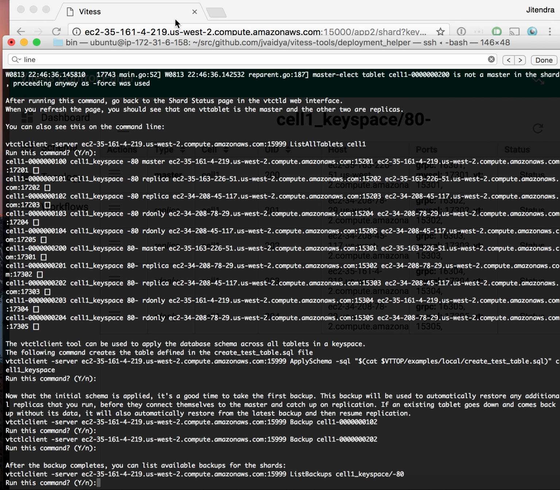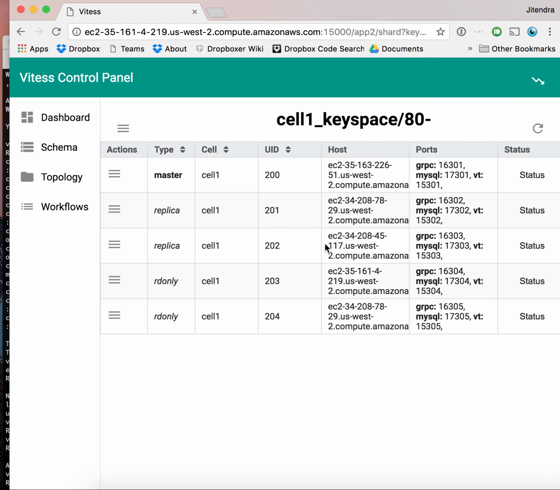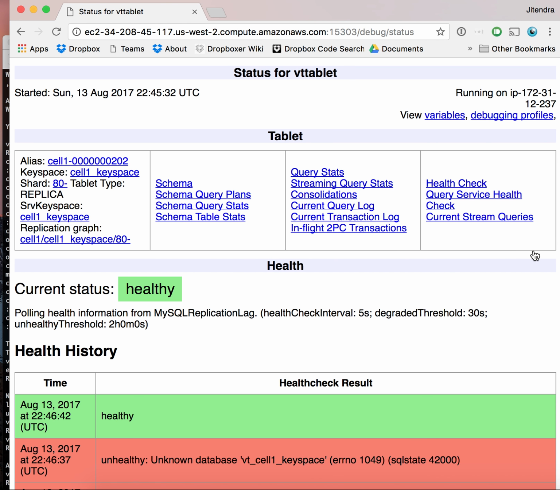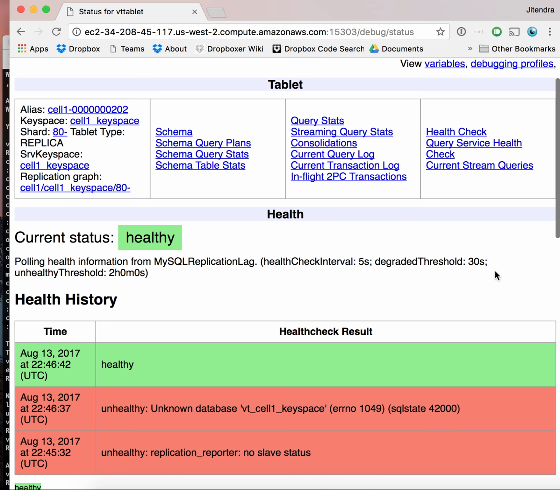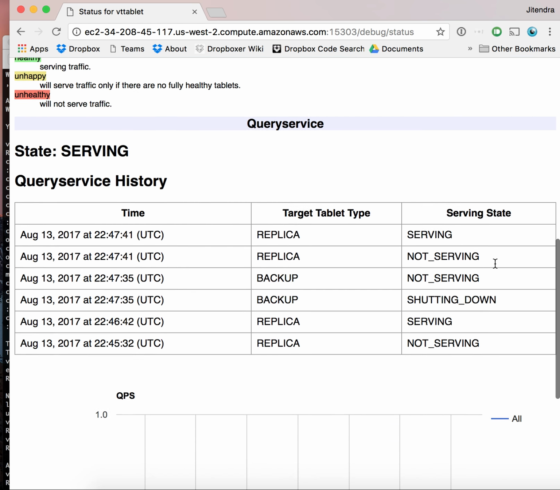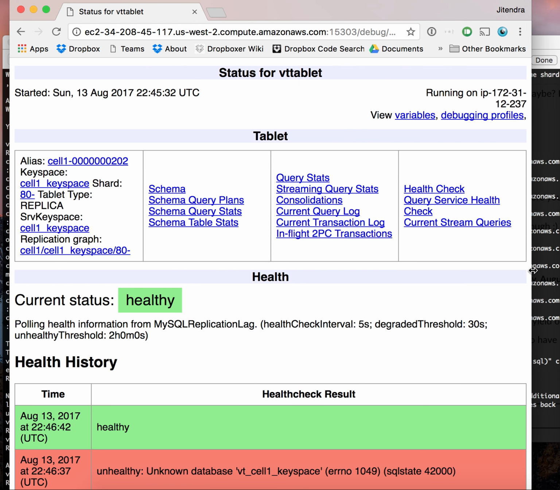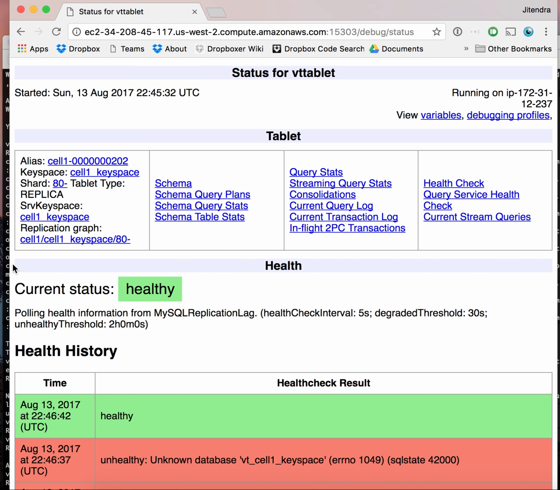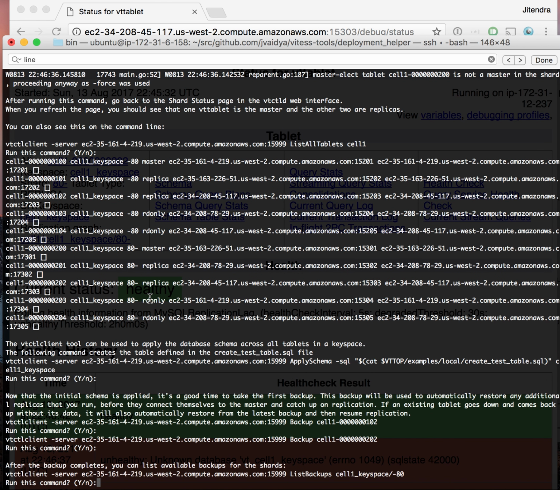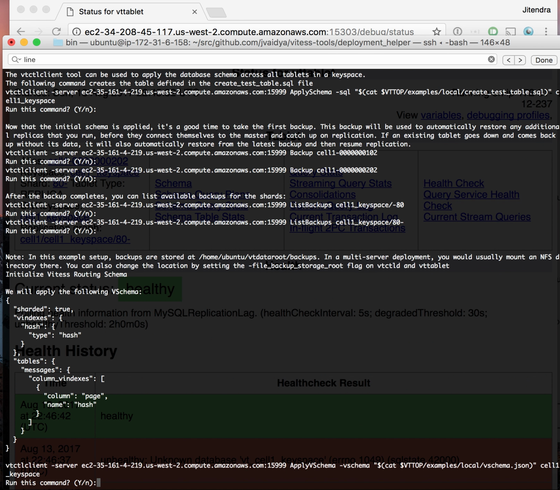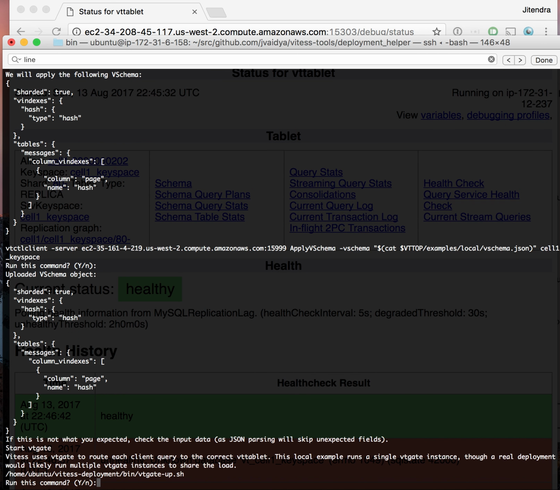So 102 and 202, we can look at status for that, and it's healthy. Schema, current schema queries. Anyway. So now we will list the backups, and then now we will apply the vschema to this. So vschema has been applied, and now we will bring up vtgate,